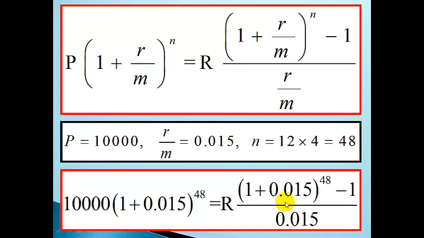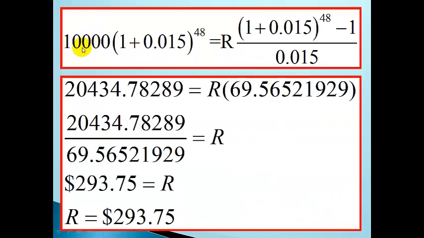Now let's proceed. So we have 10,000 times (1 plus 0.015) exponent 48 is equal to R times ((1 plus 0.015) exponent 48 minus 1) divided by 0.015. Now, when we simplify the left, that is when we add 1 to 0.015 and we raise it to the exponent 48, whatever we are getting, if we multiply the answer by 10,000, we are supposed to get